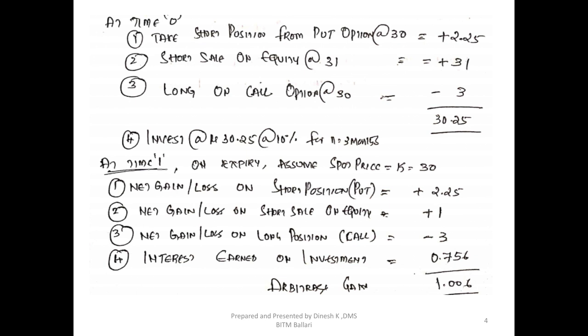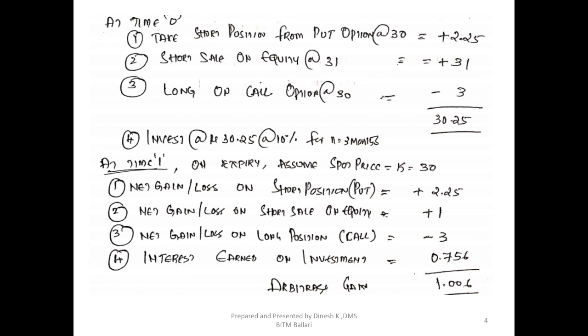I will be investing that at 10% for 3 months. So fine, these are actions 1, 2, 3 and 4 for today. So after 3 months, since there is no spot price on the date of expiry, I will take the strike price, that is 30, as the spot price. By taking 30, I will evaluate my actions. First action I have taken is a short position on put option for 30, right? Now on the date of expiry it is 30. When I take a short position on put option, the long position on put, that is the put buyer, has a right to sell. Since the strike prices are the same, whether he sells or does not execute doesn't make any difference. So I'll be receiving 2.25 as a premium.